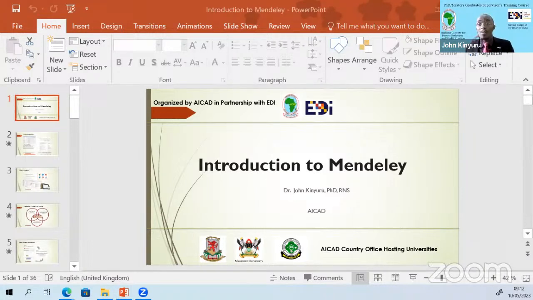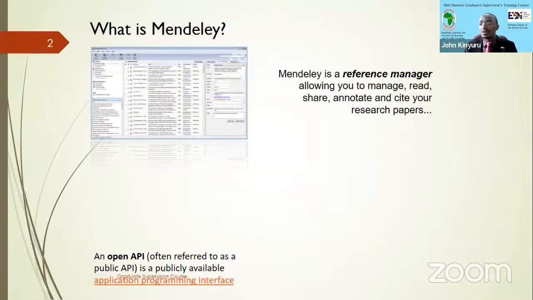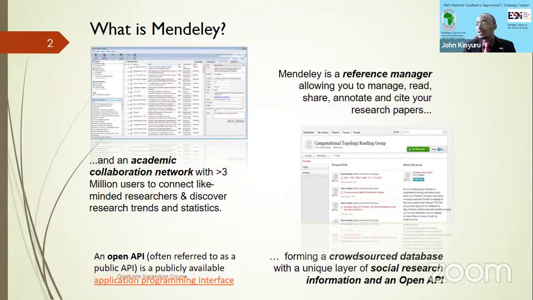If you're writing a review or a book chapter, you can use a common library from your different locations using Mendeley. I'm not sure whether it is possible with others, I think it should be. But this is just us showcasing to you what can be done. And what can be done in Mendeley, I believe, can be done with other software as well. So without taking so much time, Mendeley is a reference management system. It's open source, I think I've said that, and it can be used to